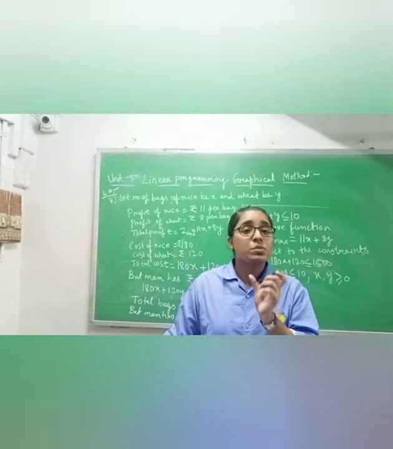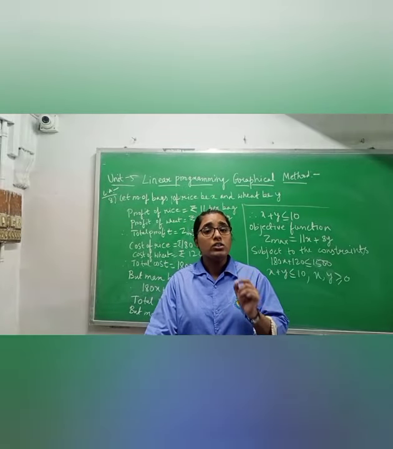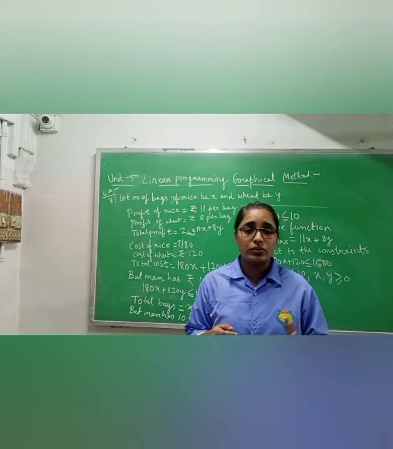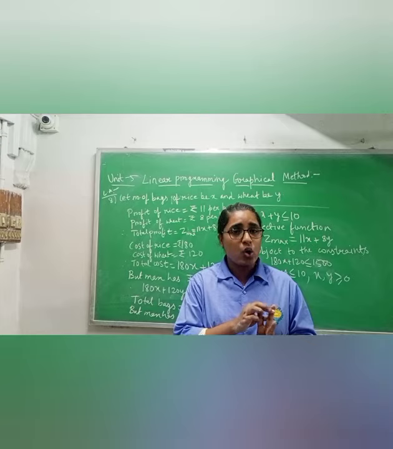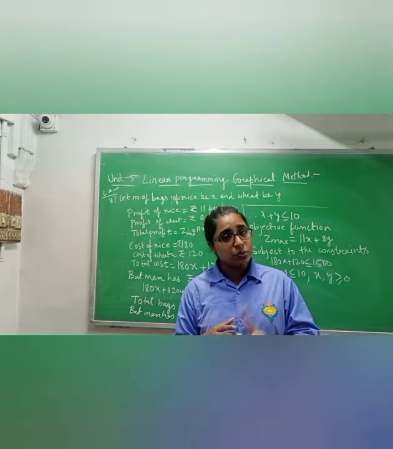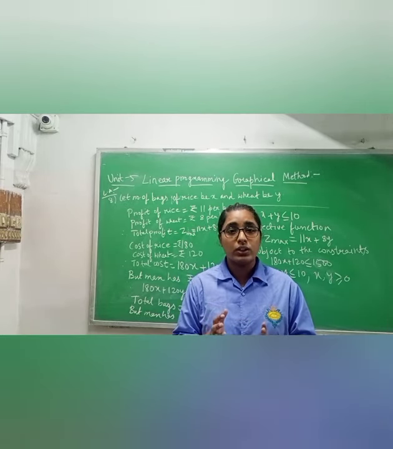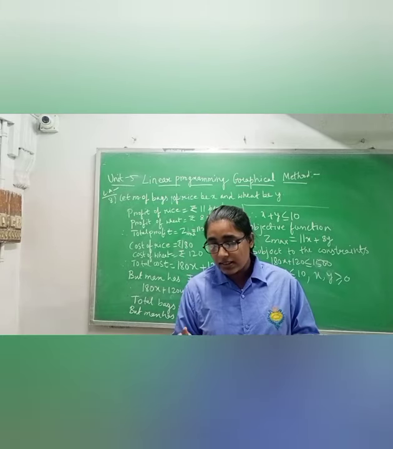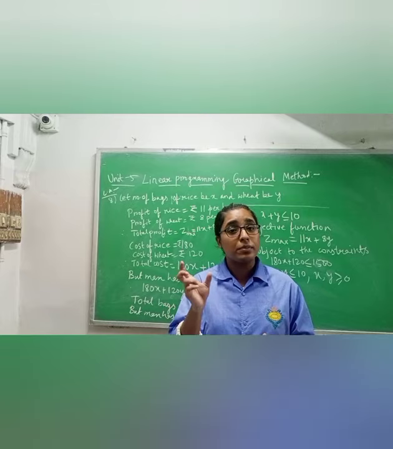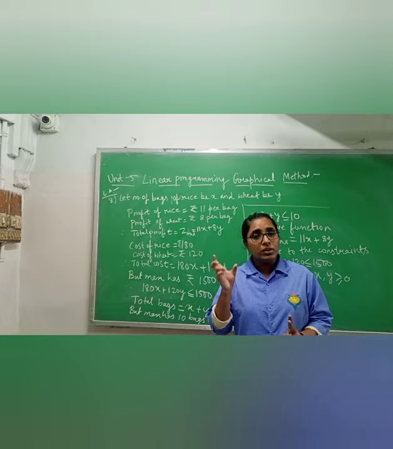So they are asking for maximum profit. It means that your objective function will be on maximum profit. I told you that in each and every question, any one of the things, either profit or cost or expenditure, is given to you. But in this question, cost and profit both are given to you. So which one will you take as the objective function? Which one are they asking? They are asking for maximum profit. It means the objective function will be maximum profit.